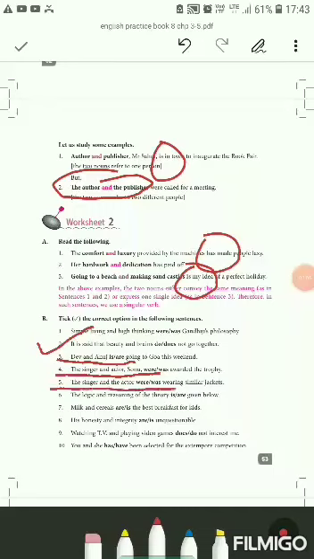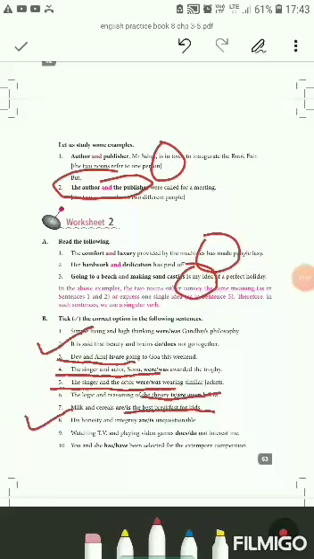So use were. The logic and reasoning of the theory is given below. It's the logic and reasoning of the theory. We are talking about only one theory, a singular theory, so is given below. Next, seventh sentence, milk and cereals is the best breakfast for kids. We are talking about breakfast, a singular idea, a singular thing, so is the best breakfast for kids. His honesty and integrity is unquestionable. This is again expressing honesty and integrity as a singular idea, so use a singular verb.